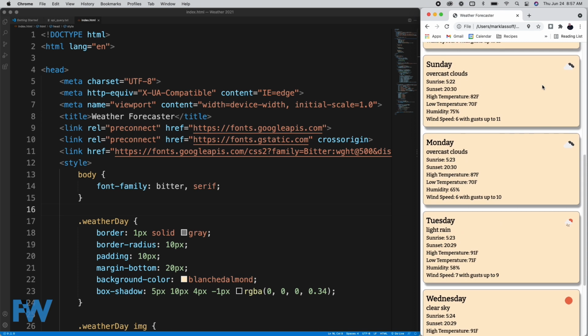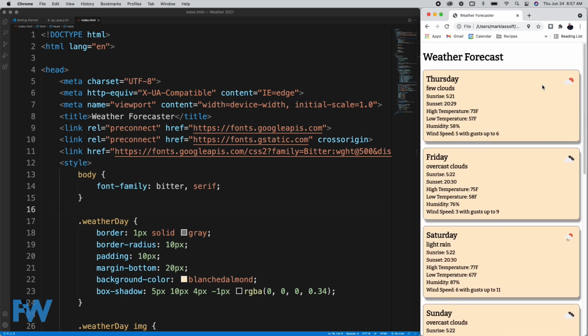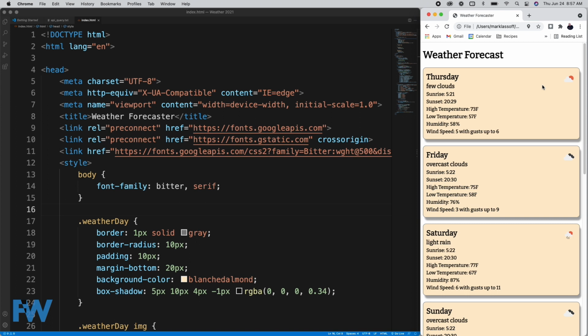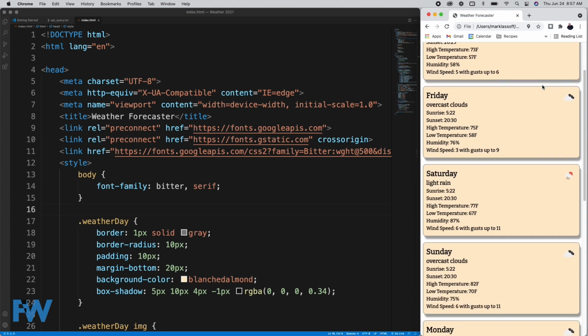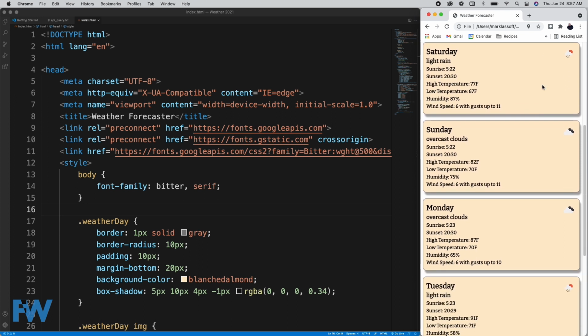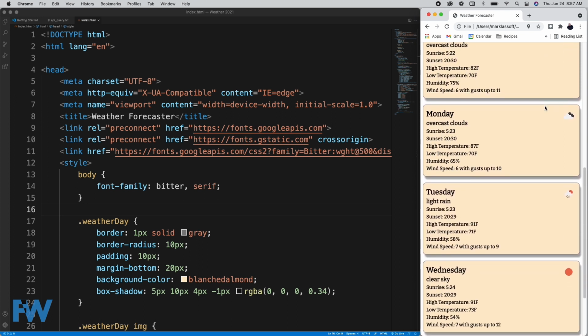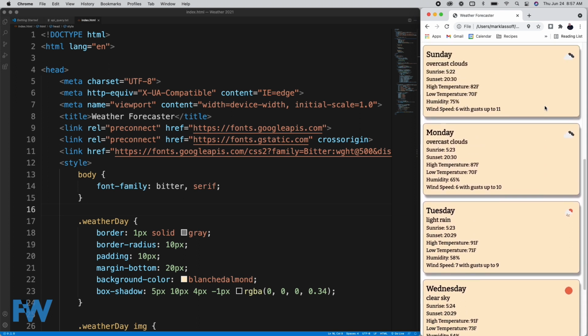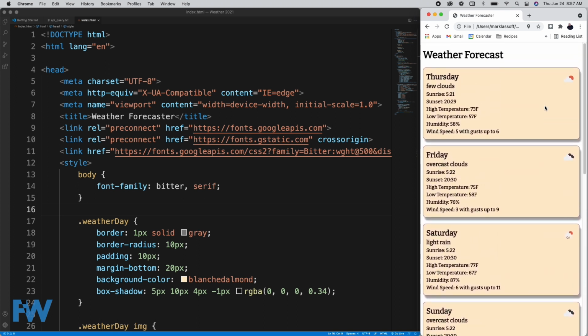What's happening behind the scenes is that the latitude and longitude of the user is being obtained. Once it's obtained, that information is being passed to the OpenWeather API. The OpenWeather API is providing the information for the forecast in a format known as JSON. And then our program goes ahead and parses the JSON to display the information as you see it here. I didn't spend a lot of time on the look and feel of this. I just wanted to get it working because the mechanics are the most important part of this. So with that in mind, let's take a look at the code itself and go through it line by line so you have an idea of how it works.